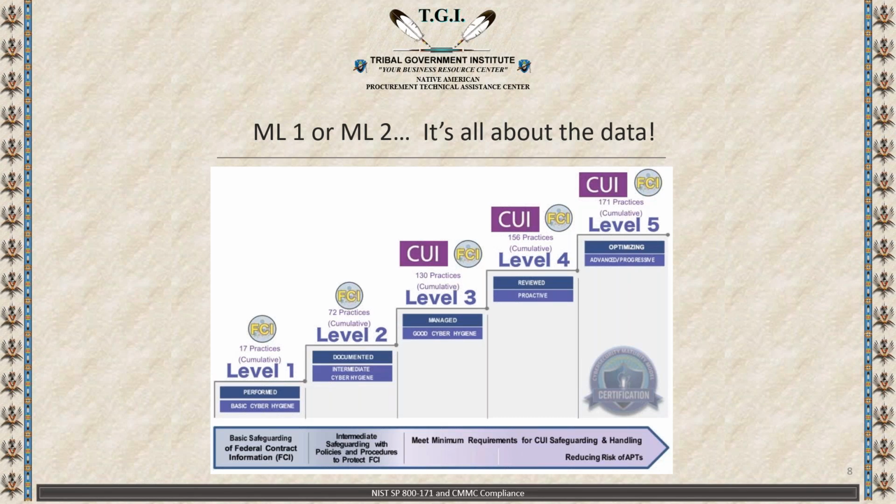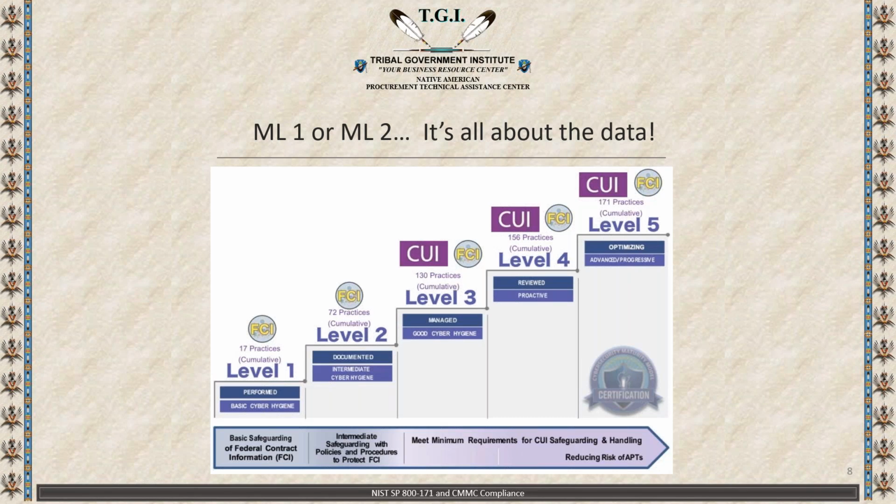The most important level for organizations under DFARS 7012 is CMMC maturity level 3. CMMC maturity level 3 covers 110 practices plus 20 additional cumulative practices that are not contained in NIST 800-171. For those of you that need to be at CMMC level 3, I encourage you to focus on the 110 practices in NIST 800-171 right now, because those are the most important. And getting those controls behind you will best position you for the 20 additional practices that are required for reaching CMMC level 3.